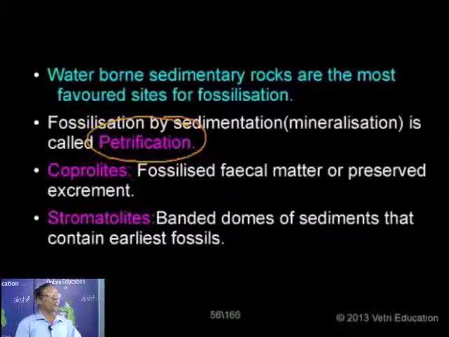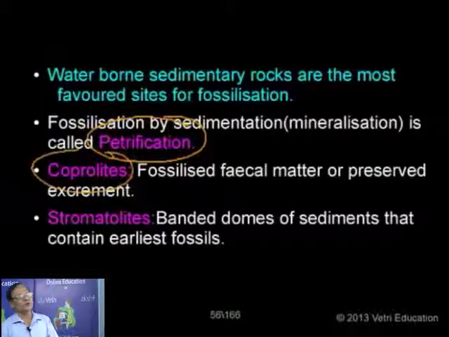Then, what do you mean by a coprolite? Sometimes an elephant or any other animal which lived in the past eliminates undigested waste. The undigested waste hardened into stones because of mineralization, because of sedimentation. Such preserved excrement or fossilized fecal matter is called coprolite. So coprolites are nothing but fossilized fecal matter. The original fecal matter, having organic matter, had been replaced by minerals so that it becomes hardened into stones, and such a one is called coprolite. It is simply called preserved excrement or fossilized fecal matter.